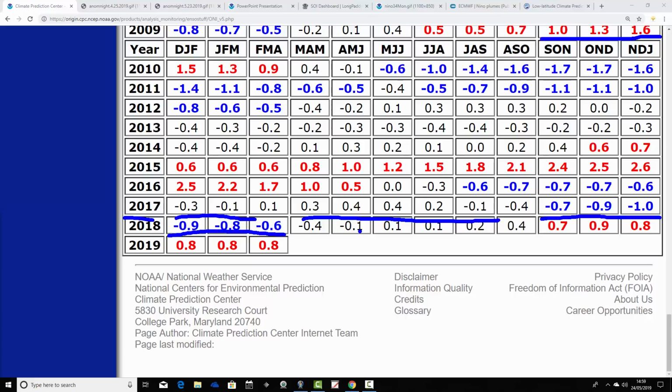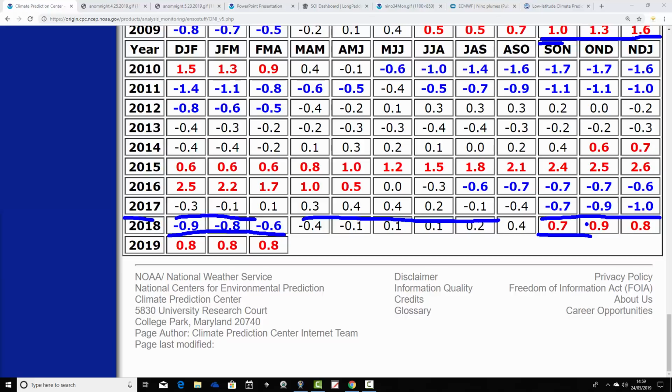To get these events designated, you have to meet quite strict criteria. For El Nino, 0.5 is the all-important number: half a degree or more above average, and you have to do that over 5 tri-monthly periods. We have achieved that through this winter. The first period that reaches that level of over half a degree above average is this one just here, September, October, November, at 0.7 degrees above average.